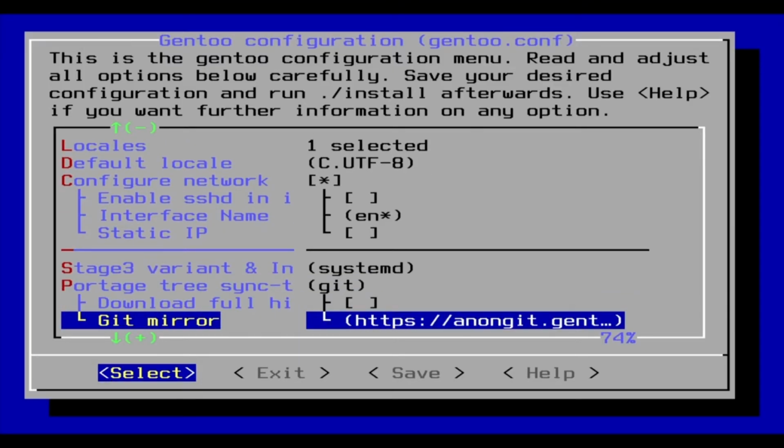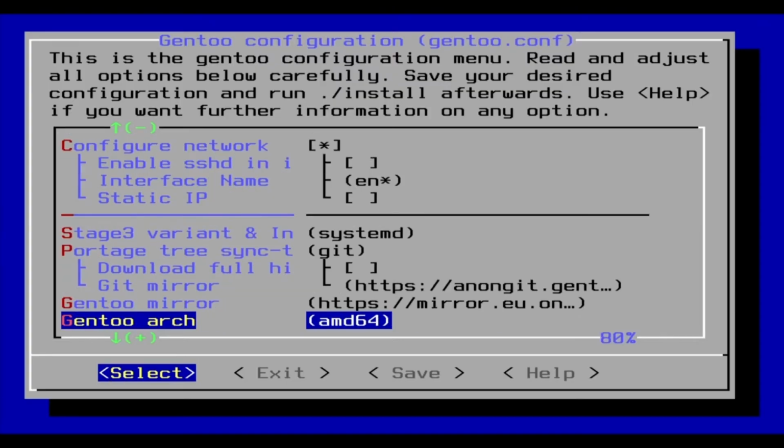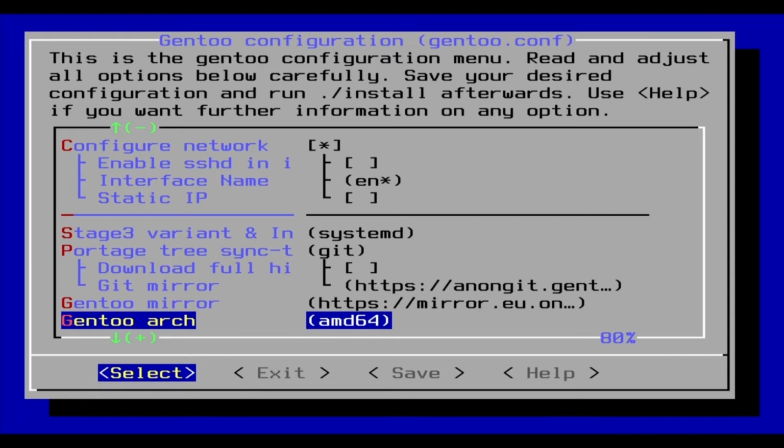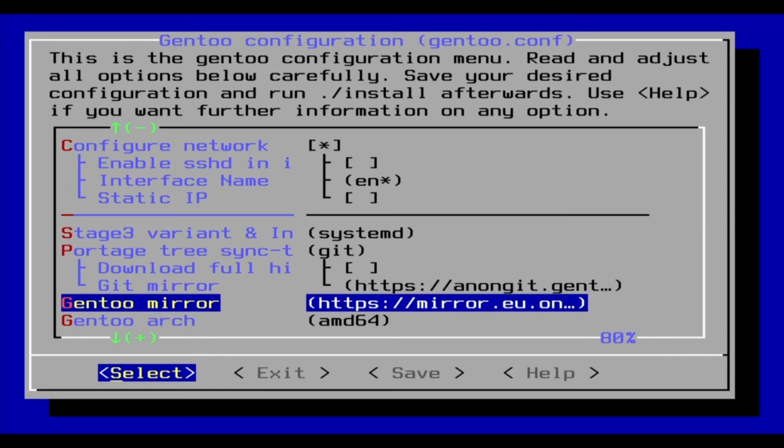So portage settings, I'm just going to leave it as it is, and we have Gentoo mirrors, and we have the Gentoo arch. So Gentoo mirrors, I'm going to change it,